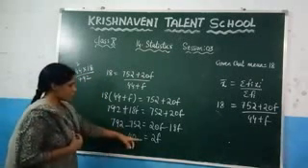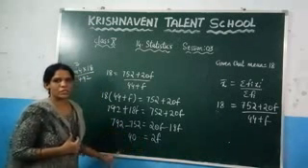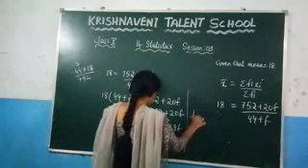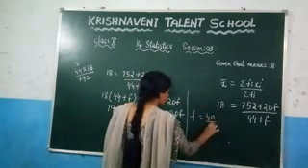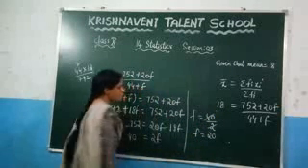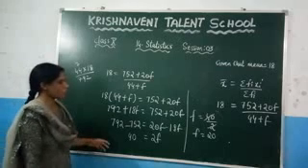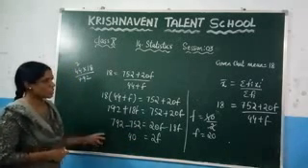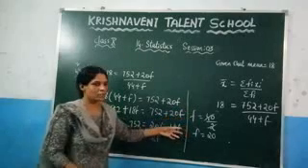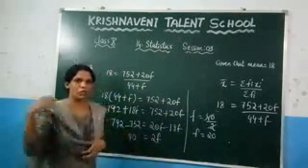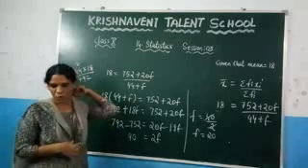Now here, 40 is equal to 2f. If you take 2 to this side, it will become division. You will get f is equal to 40 by 2, which gives you 20. So what is the missing frequency in this problem, which is 20. So if you are given a mean, just equate the mean to the formula of any method. After solving, you will get the value of f as 20. Now see the next problem.